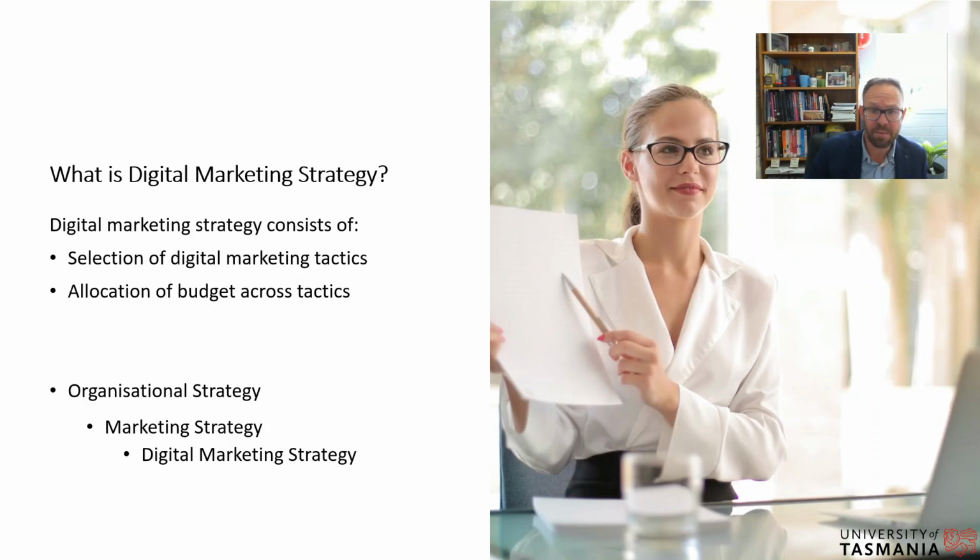All right. If you come up with your own digital marketing strategy and go, oh yeah, I want to do this and this and this, which is fine if there's no organisational strategy, but most of the time you'll be operating within an organisational strategy, and the objectives that you're setting need to be aligned with the organisational goals. If not, we have strategic misalignment, and it becomes very inefficient because different people in the organisation are trying to do different things.